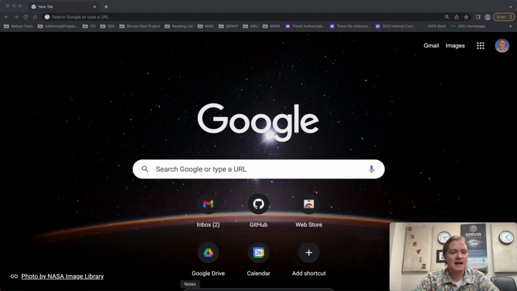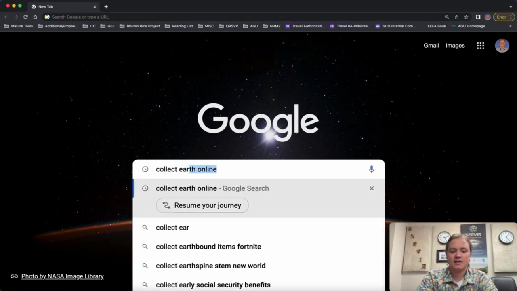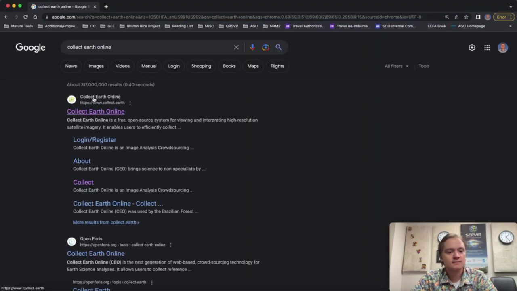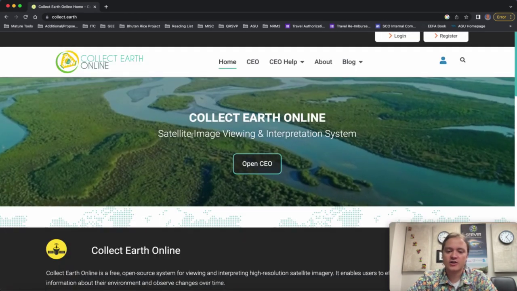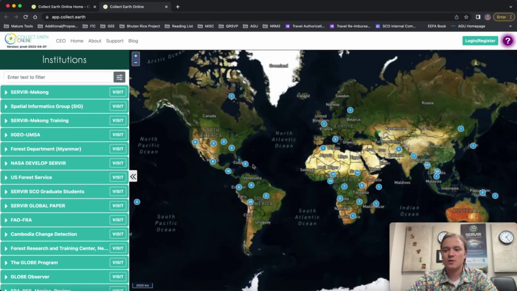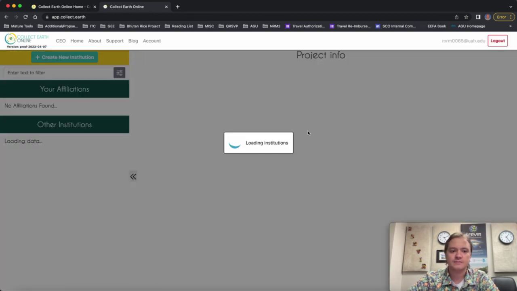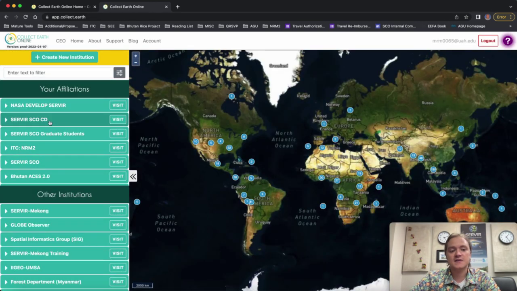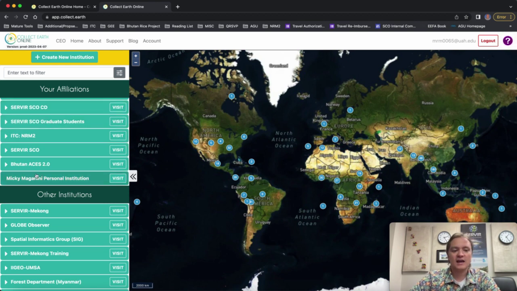So just like we did in episode 1, we are going to open up our browser window and navigate to Collectors Online. Again, we just click the first link that shows up and then click Open CEO here. And in the last episode, we made our own account and our own institution. So let's go ahead and log into that account and go to our institution homepage. So you will only have one institution, which will appear on the left-hand side of the screen here under Your Affiliations. And then we'll click the Visit button that's just to the right of the text that shows your institution's